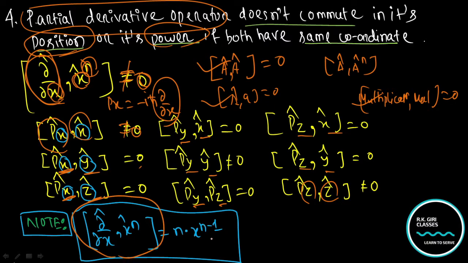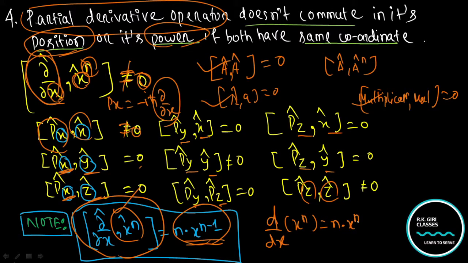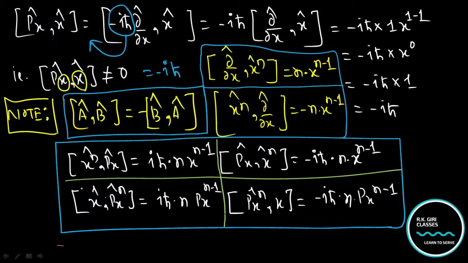Don't go into the complete derivation, because we are focusing on the previous question discussion. That's why we are not focusing on solving this data. That is del by del x of x to the power n. Simply you write n into x to the power n minus 1. You know how to remember this: d by dx of x to the power n is equal to n into x to the power n minus 1. Similarly, you can remember this very easily. Just practice it. Coming to the next slide.